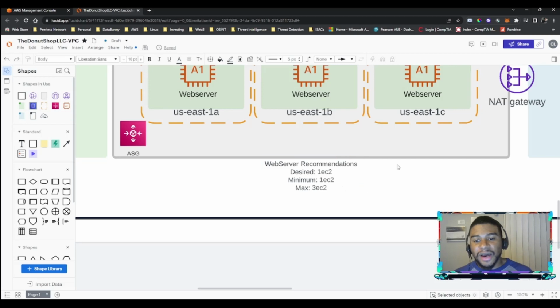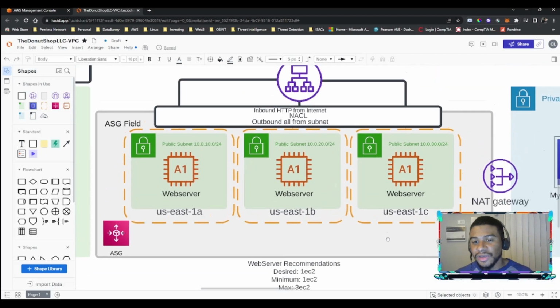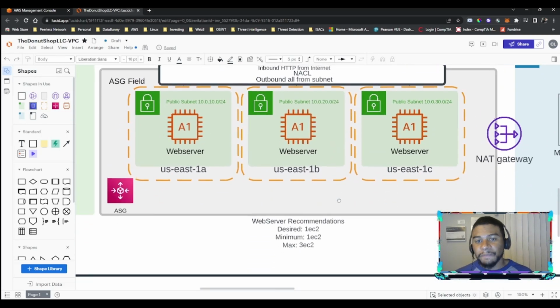So how it'll work is when we start this VPC and have the network up and running, everything is normal. There's no need to balance the load. There's no need to scale out. It will just be 1 EC2 instance, and that will most likely be in US East 1A, which is an AZ, availability zone. It'll sit in just that one, but then let's say the processor goes to like 80%. There's a lot of load going on that web server. Then the auto scaling group would expand to another one, and that could be in US East 1B